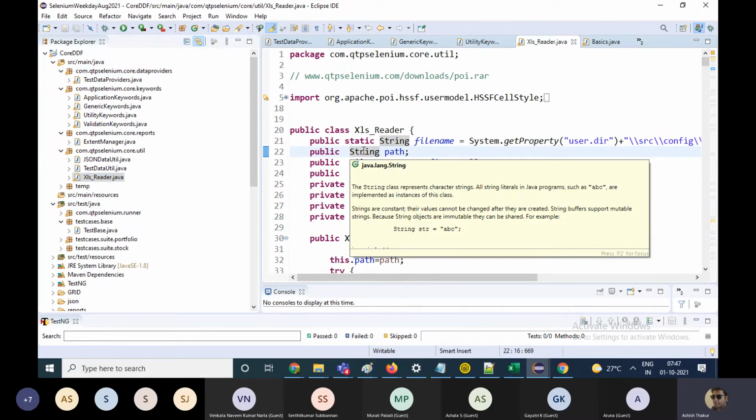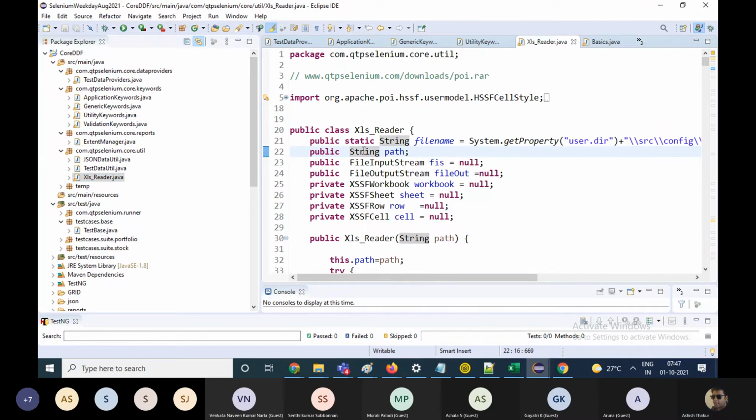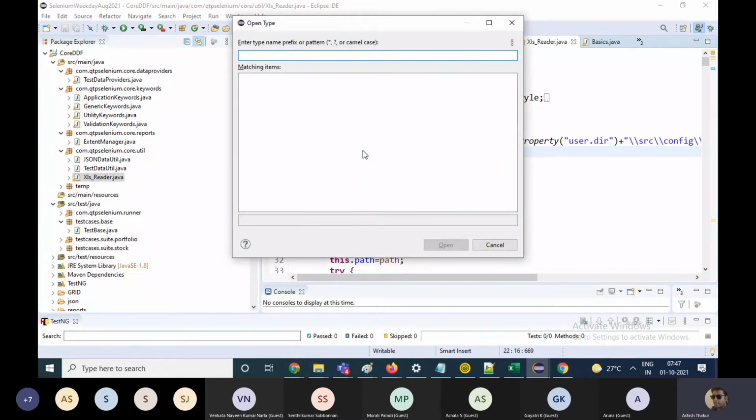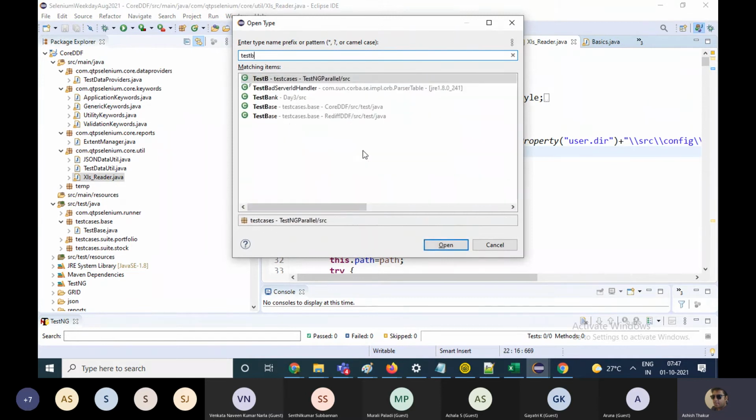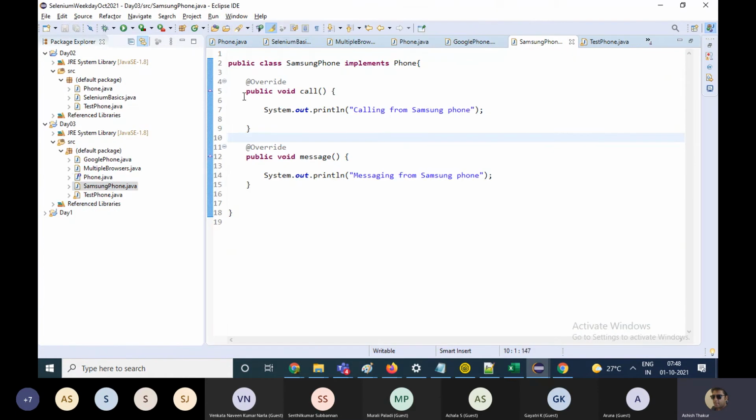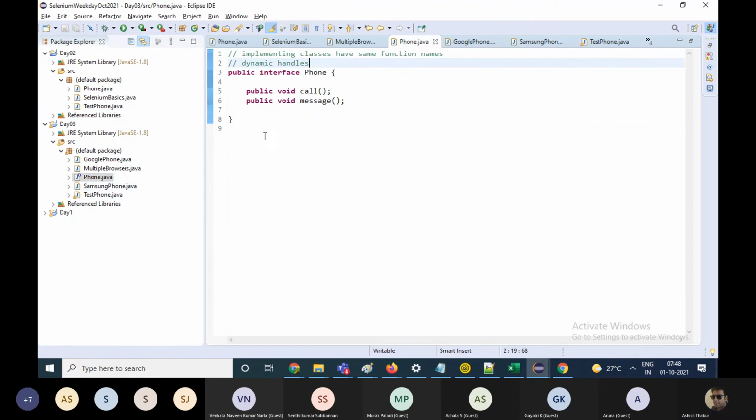You hit Control Shift T, as in telephone, on the keyboard and you can search for test base. If I just write it, it will tell me that in the entire workspace, test base is present at two locations.